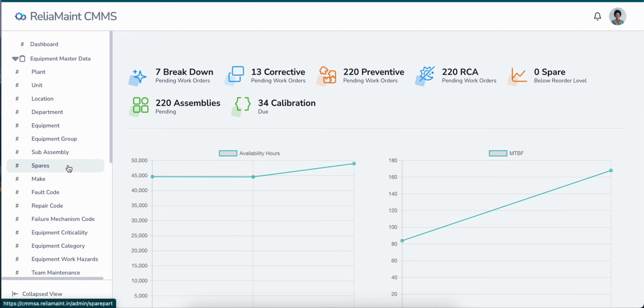Next are the spares. Spare parts are a store entity. These are the parts which are fundamentally fitted on the machine. All transactions, issue, accounting, and reporting we can take care of in this spare module creation.